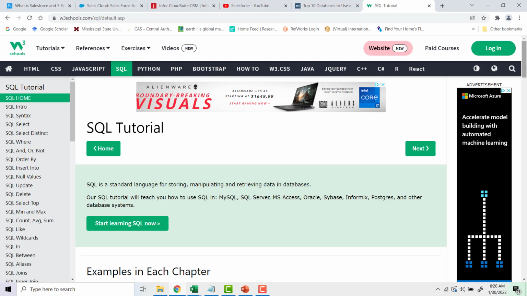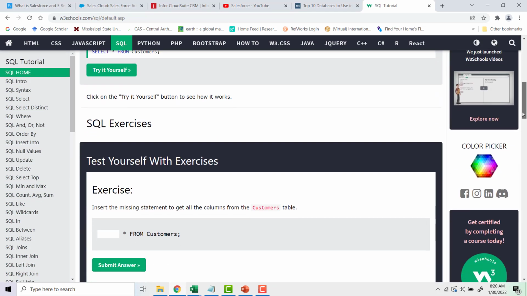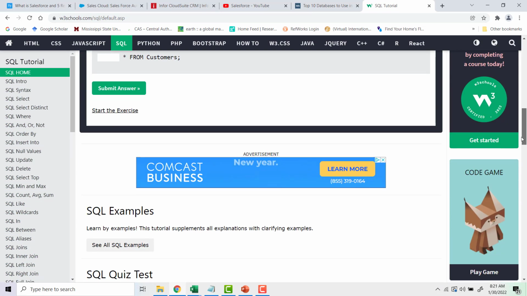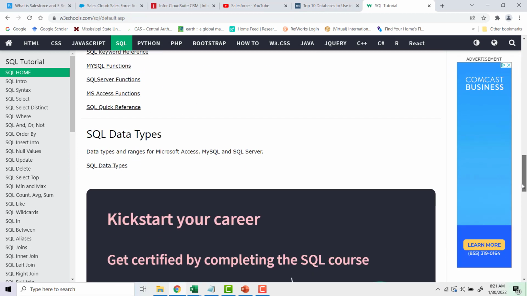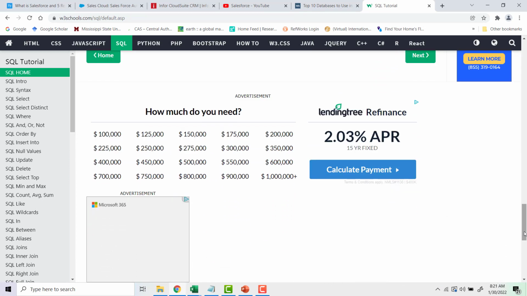Maybe I want to get a list of technical contacts at all these people who have stopped renewing. And then I would actually try and email those technical contacts to say, hey, is there anything wrong with our technical service? But SQL is just this language where we're selecting information from the database, and we actually can select